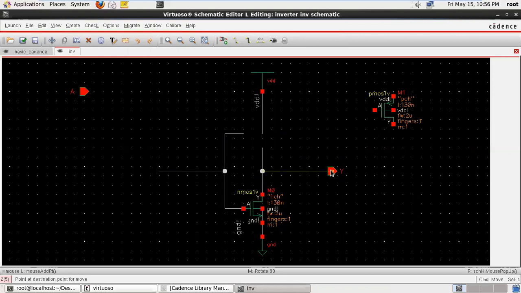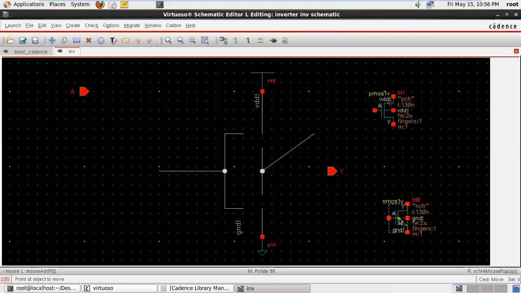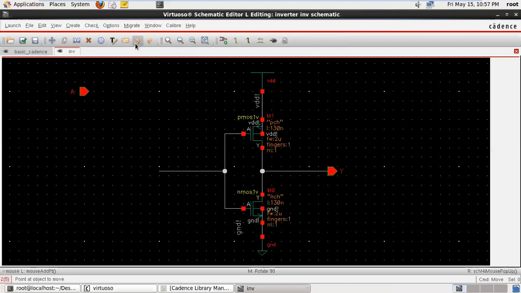The command remains active until you press the Escape key, so you can move the component anywhere throughout the schematic. This is my Undo command, through which we can undo the previous command. So that is the function of Move.